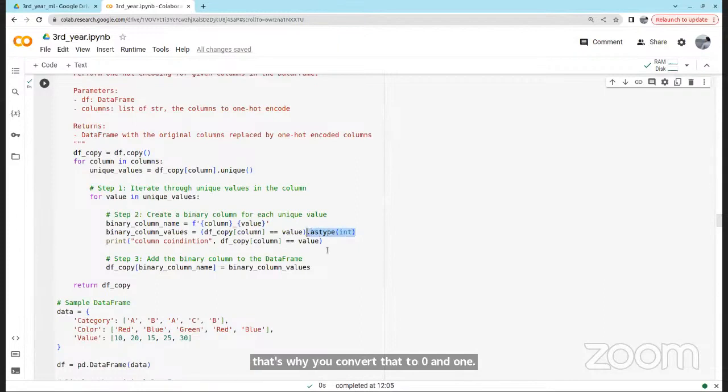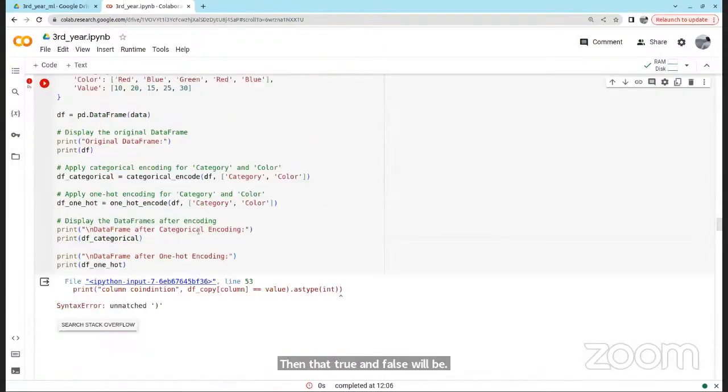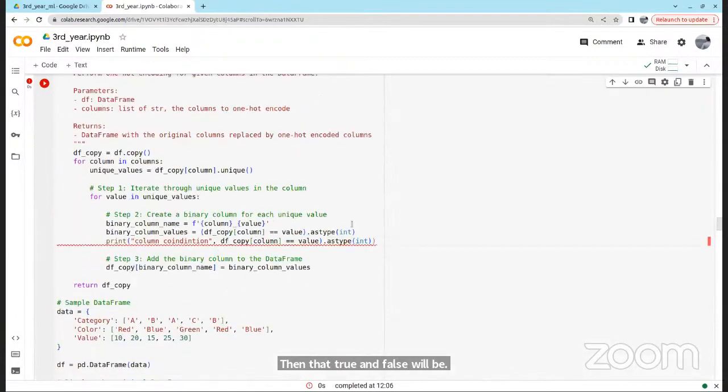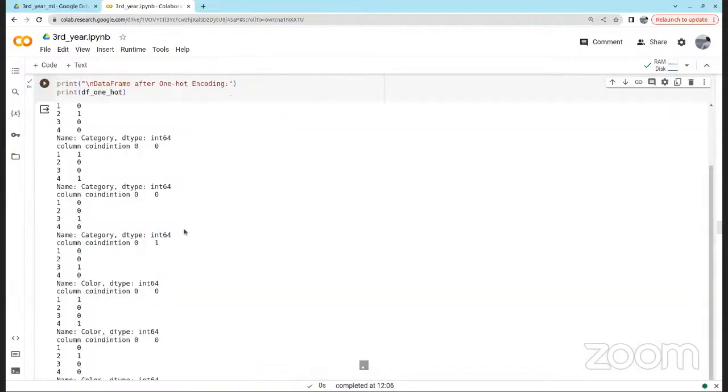If you say as type int, then the true and false will be converted to 0 and 1.